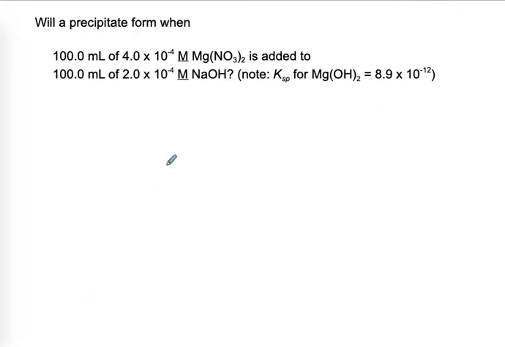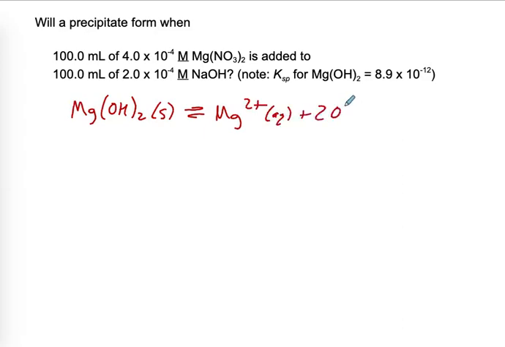So here's our first question. Will a precipitate form when a specified volume and concentration of magnesium nitrate is added to a specified volume and concentration of sodium hydroxide, for which I give you the Ksp value of magnesium hydroxide? So let's begin by writing out an equation to represent the dissolution and dissociation of the slightly soluble salt in question, magnesium hydroxide. Magnesium hydroxide dissolves and dissociates to form magnesium 2+ cations plus hydroxide anions,